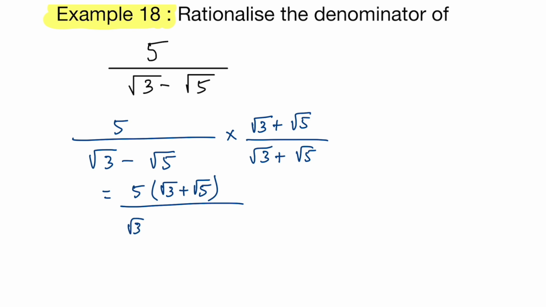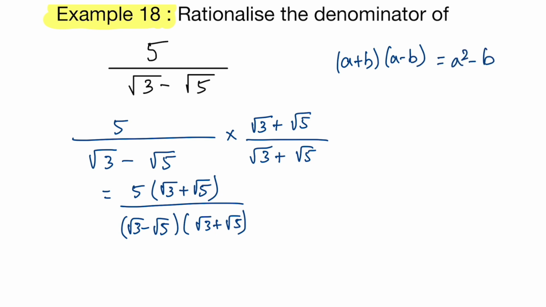So root 3 minus root 5 into root 3 plus root 5. So it is of the form a plus b into a minus b, which as we obviously know is a squared minus b squared. So just to convert it, it's 5 multiplied by root 3 plus root 5 divided by root 3 squared minus root 5 squared,